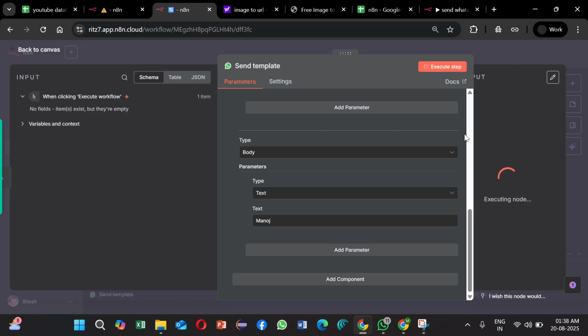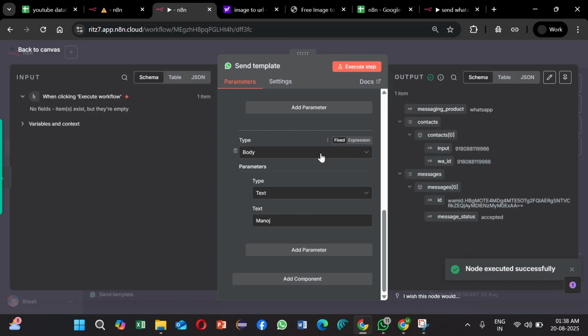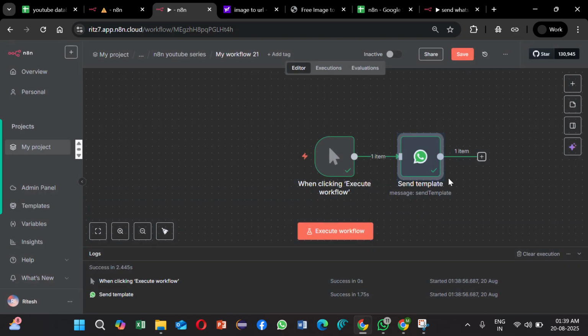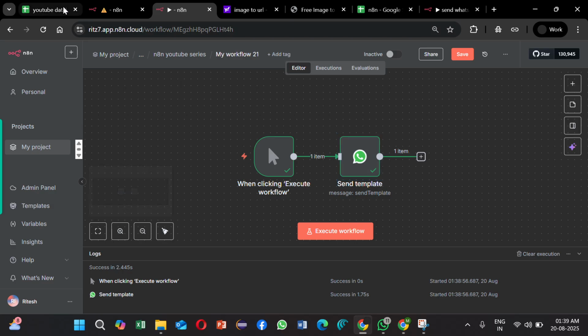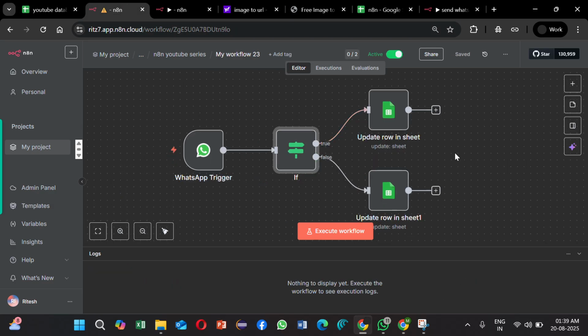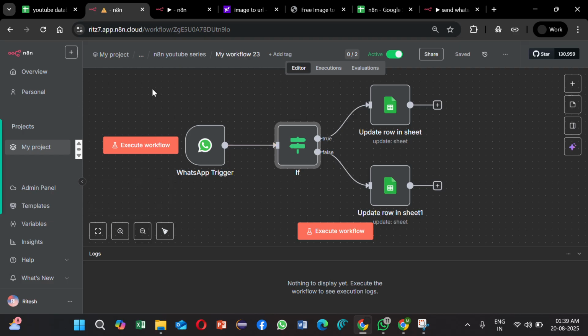Click on execute. Template is sent, and this message status accepted does not mean that the message has been sent or delivered. It means the API call made to Meta was successful, right? So now to check if the message was delivered or not, let's quickly move on here